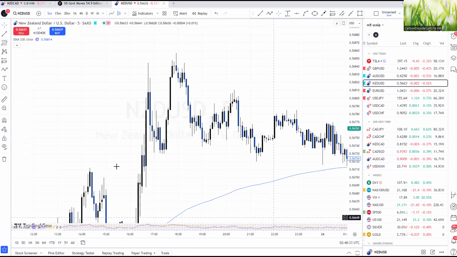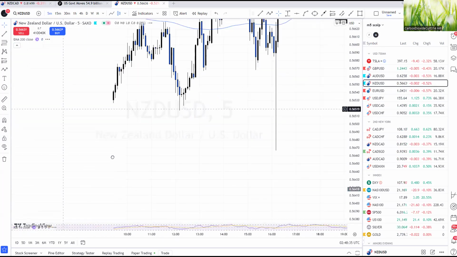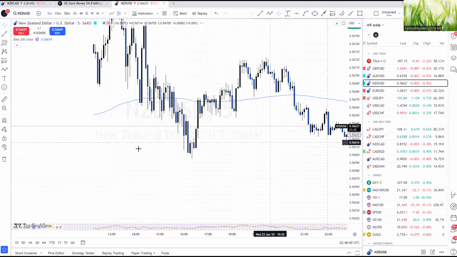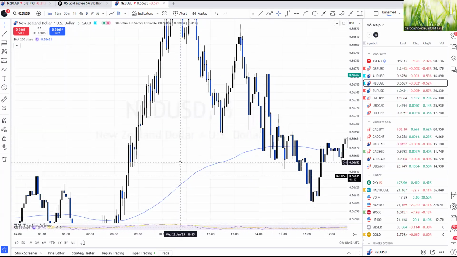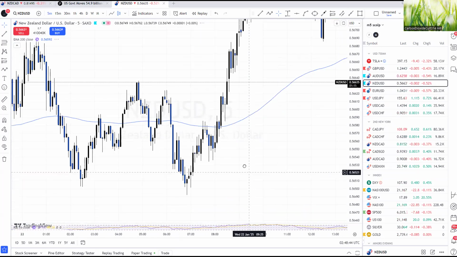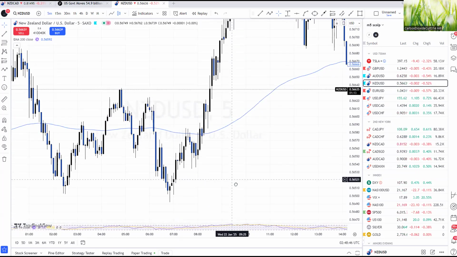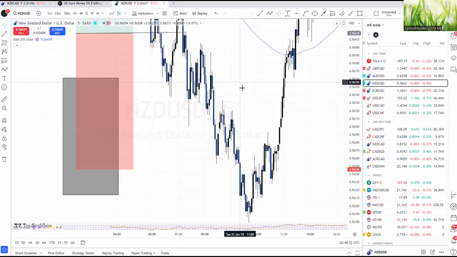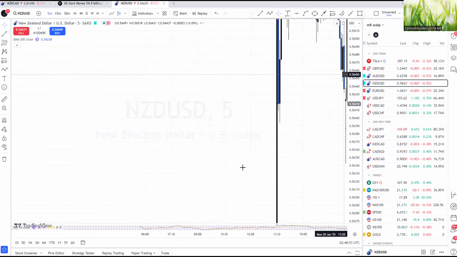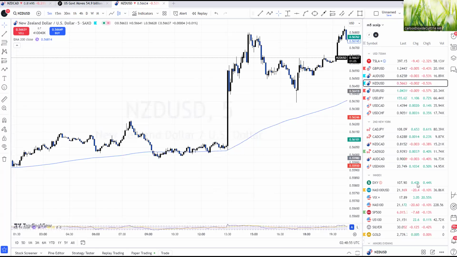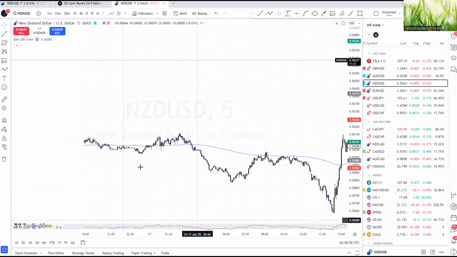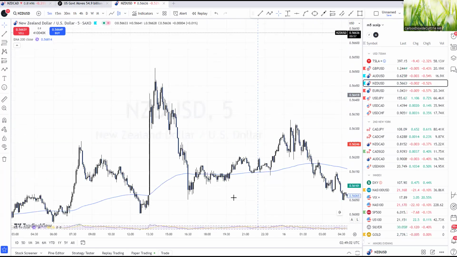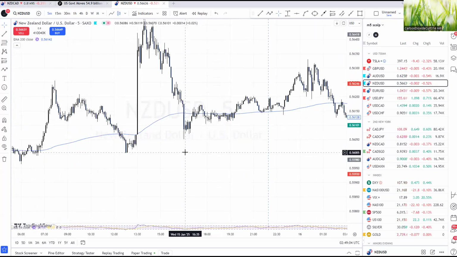I see a few of them. Here goes a beautiful one right there. Okay, we want to see it even more. Why is New Zealand USD just chop? All right, let's see. That one's nice. Okay, but I want to see a textbook one. It doesn't really have to be on the 5. Okay, let's see. That one's all right. Okay, I like this one